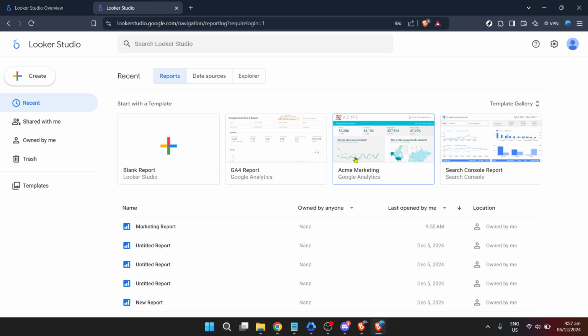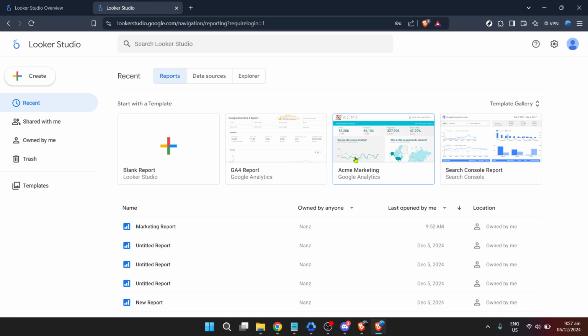One more thing. Looker Studio is not just a solitary experience. The beauty of this platform lies in its collaborative essence. You can easily share your reports and dashboards with team members or stakeholders, ensuring everyone is aligned and informed. To share your work, look for the share button, usually located at the top right corner of your screen. It's as simple as entering the email addresses of those you wish to share with, giving them access to the